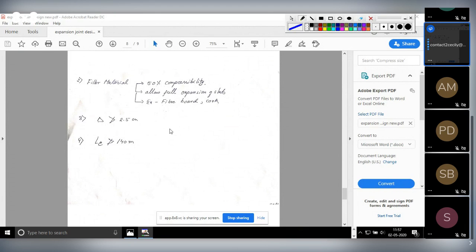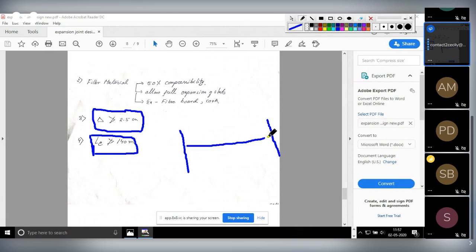That gap width should not be greater than 2.5 centimeter. It is important for your MCQ purpose. We should remember these values: the joint gap should not be greater than 2.5 centimeter. And this is also important: the spacing of the expansion joint should not be greater than 140 meter. That means if there is one expansion joint, the another expansion joint is supposed somewhere here,